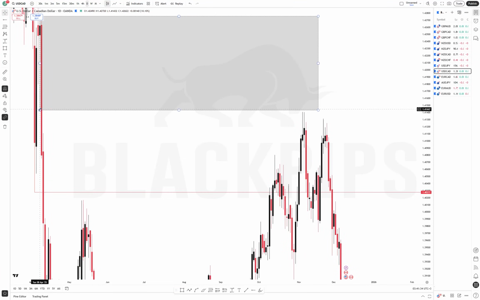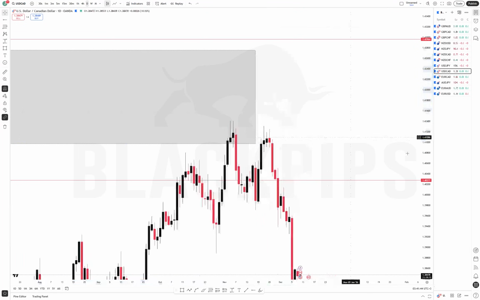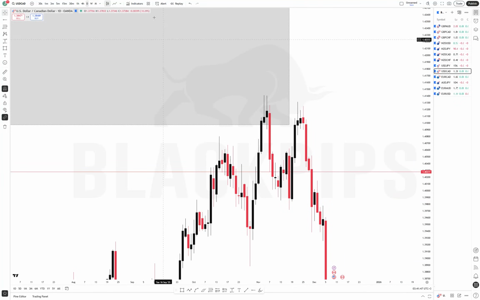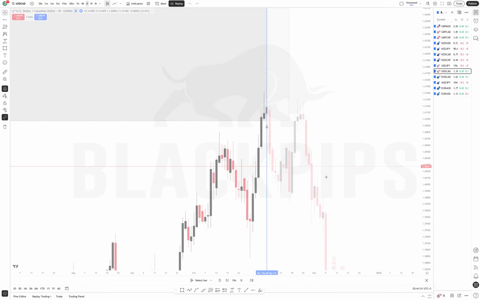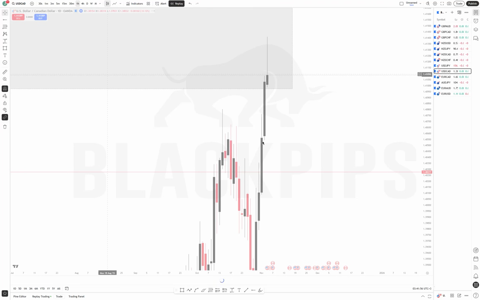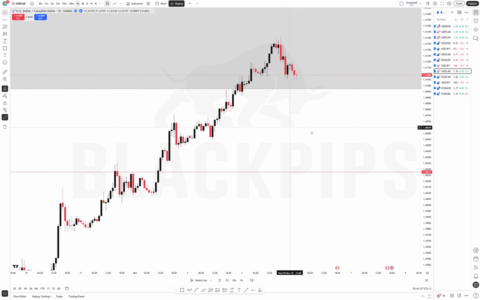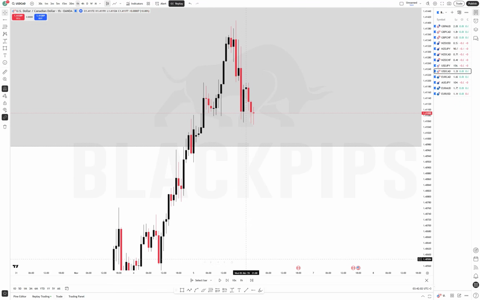So let me mark from this body here, like this is the validation point, but we have to mark the wick to wick. So I just want to focus on this level, that's why I'm marking there. Then after the reaction, if you cut the chart on that level and went back to the 1 hour time frame, you could see that if the price will break this level here, we will have the